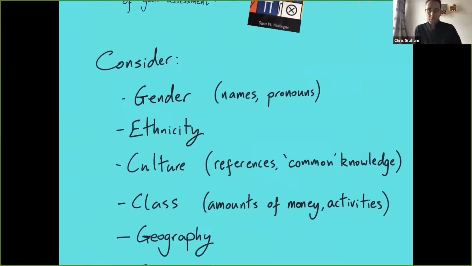So things to consider. First of all, gender and ethnicity are really about who you portray in your question prompts. Try to avoid it always being men. Try to avoid it always being people from the same part of the world as you. Something that's not as obvious is the names of people. It's quite hard to think of names that aren't from the same sort of background as you. And even when you don't have named characters, make sure you use a sensible mix of pronouns. Just picking at random is a good way to do it.